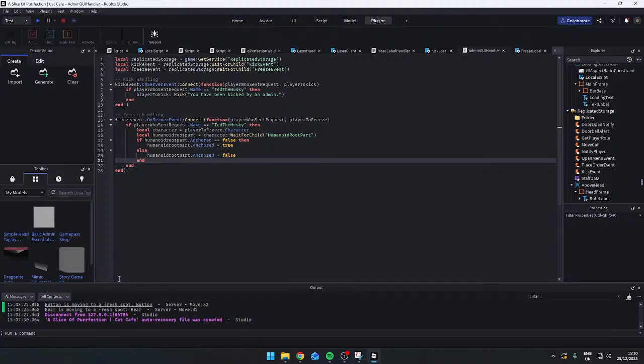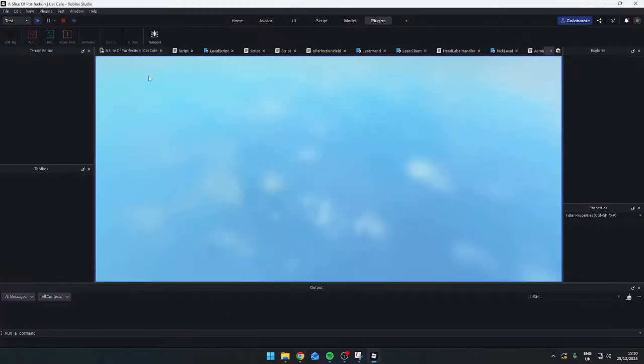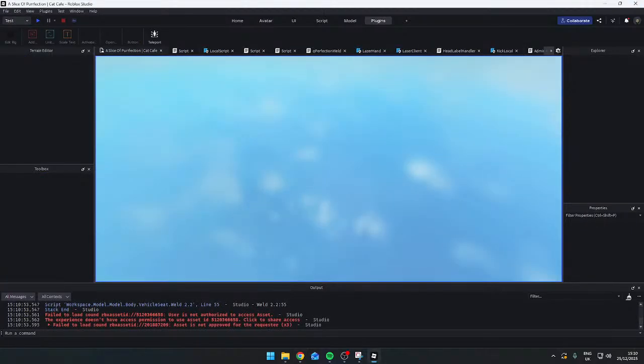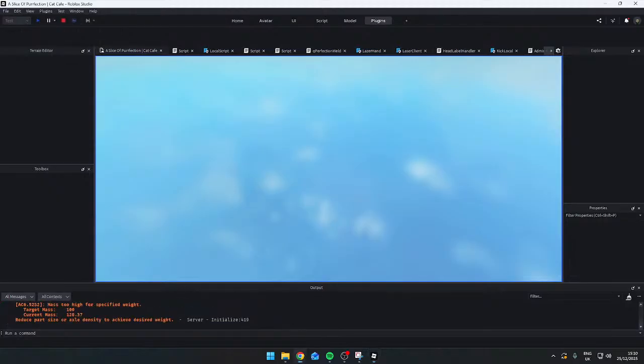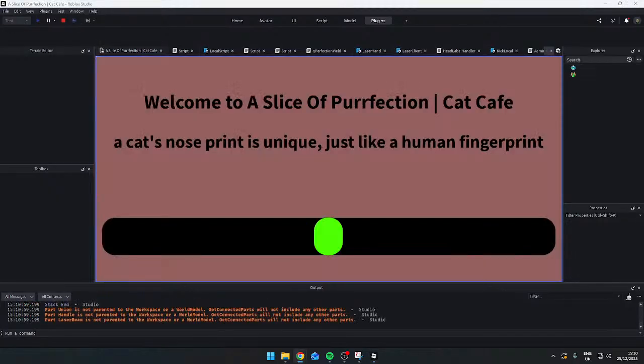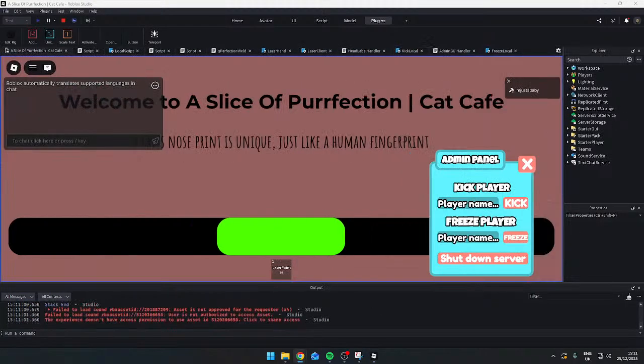So now if we go into our game and give it a test, you can see I can already walk around and I've got my name in here now. Once I press freeze and I try to walk around, I can't do anything. But then if I press it again, I can walk around and do everything like normal. So now the last one we have to do is the shutdown server button. Now this one's really easy. We're going to be using another for loop, but